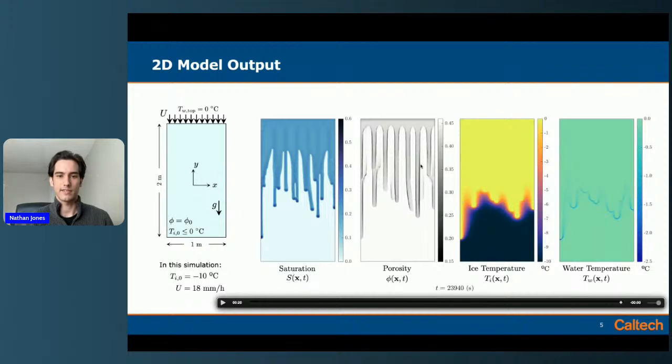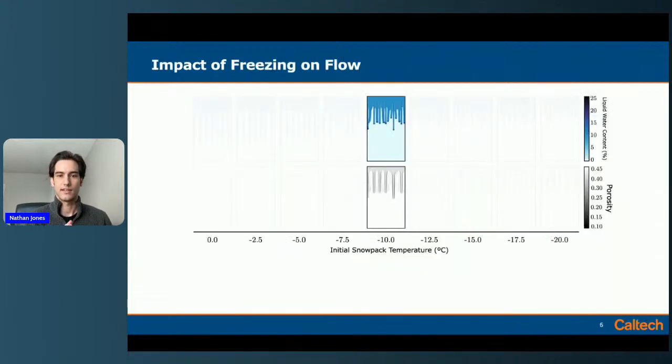So we see the development of these ice pipe-like structures in which most of the freezing is occurring at the macroscopic ice wall interface as they progress downwards. So these pipes aren't fully frozen. The porosity is significantly decreased, but we can still allow flow in this region. You can see there's still saturation that penetrates downwards in them. But a lot of that water mass is being lost to ice during this freezing process.